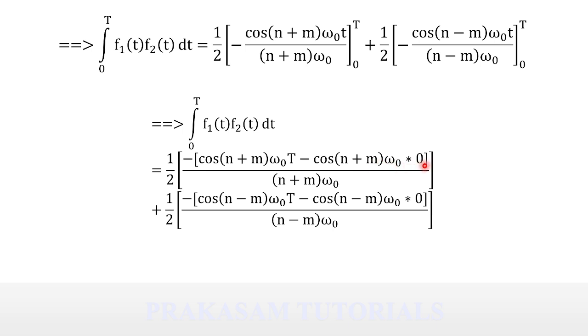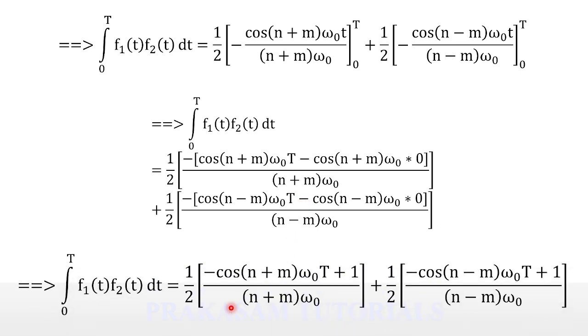Now here, cos of (n plus m) omega naught into 0: (n plus m) omega naught into 0 is 0, and cos of 0 is 1. And here also, cos of (n minus m) omega naught into 0 is cos of 0, which is 1. Now, a negative sign is there before the bracket, so multiplying the minus within the bracket, the second term is minus; minus into minus is plus. Here also the second term is minus; minus into minus is plus. So therefore the RHS term of the above equation is 1 by 2